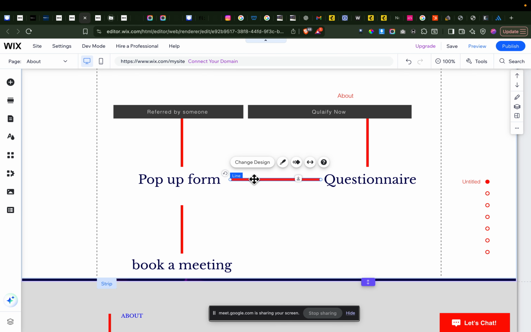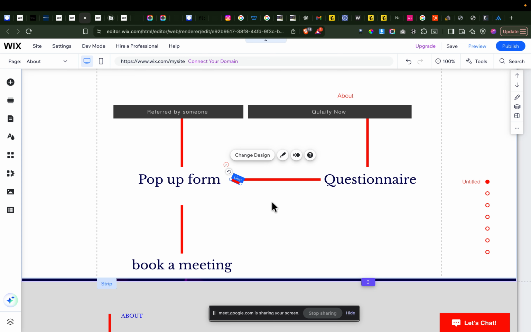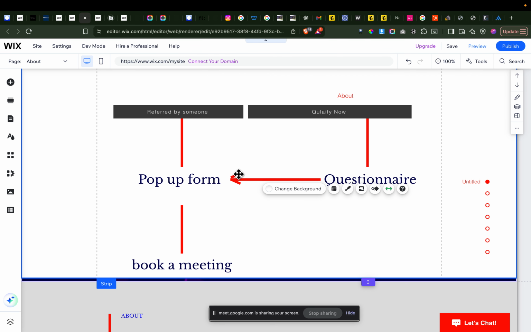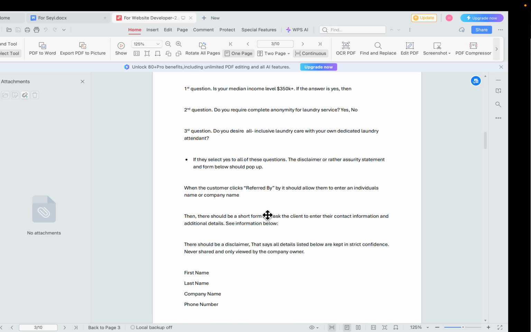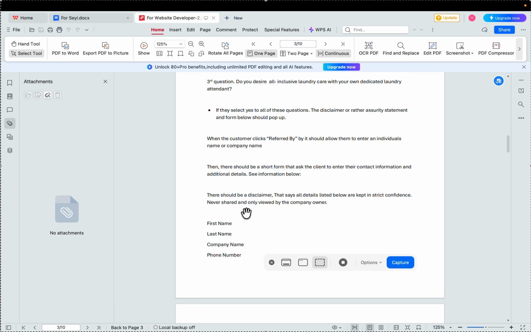So let me try and put an arrow so that I will not make a mistake when integrating everything. So that is all for this one.